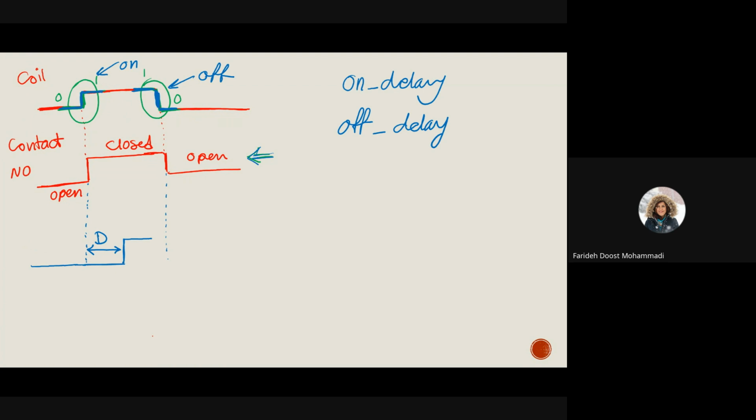So it only has delay in the on delay scenario. When it goes from 0 to 1, it has delay, but it follows the other action right away. So it has an instantaneous action for going off. So this is what we call an on delay